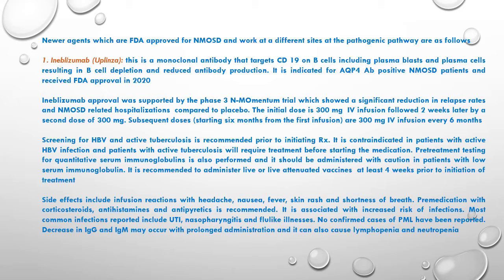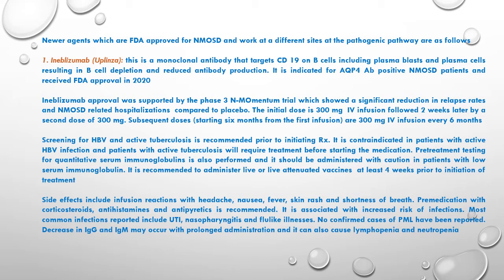The initial dose is 300 milligrams IV infusion, followed 2 weeks later by a second dose of 300 milligrams. Subsequent doses starting 6 months from the first infusion are 300 milligrams IV infusion every 6 months. Screening for hepatitis B virus and active tuberculosis is recommended prior to initiating treatment. It is contraindicated in patients with active hepatitis B virus infection, and active tuberculosis will require treatment before starting the medication. Pre-treatment testing for quantitative serum immunoglobulins is also performed, and it should be administered with caution in patients with